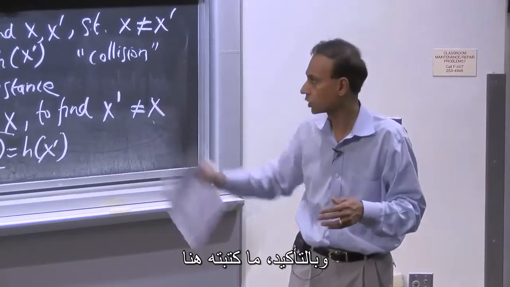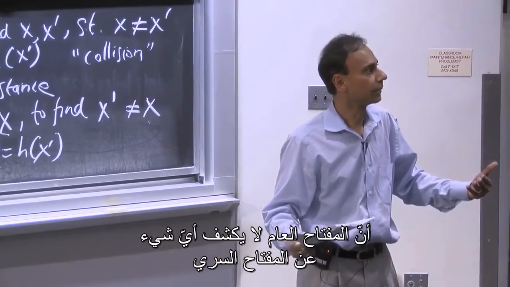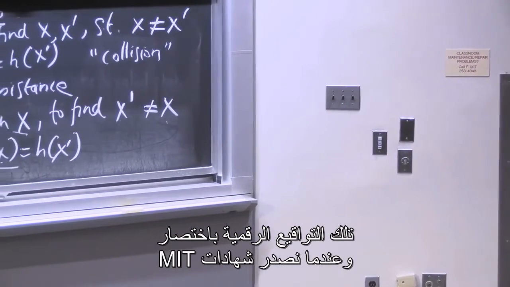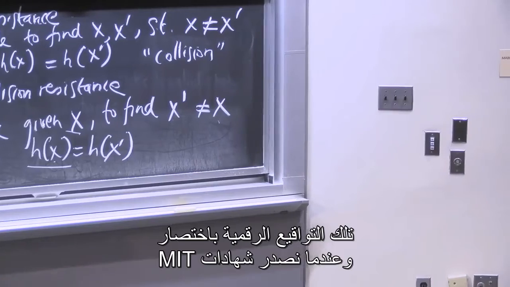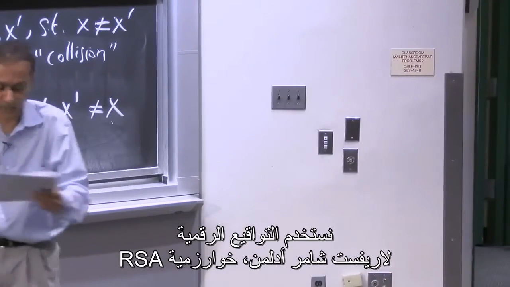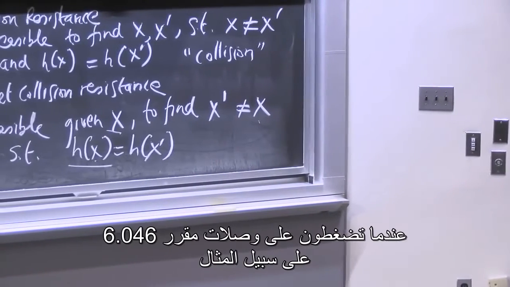And of course, what I just wrote there, that the public key does not reveal anything about the secret key. Okay? So that's digital signatures for you in a nutshell. And when you do MIT certificates, you're using digital signatures a la Rivest, Shamir, Adleman, the RSA algorithm. So you're using this all the time, right? When you click on